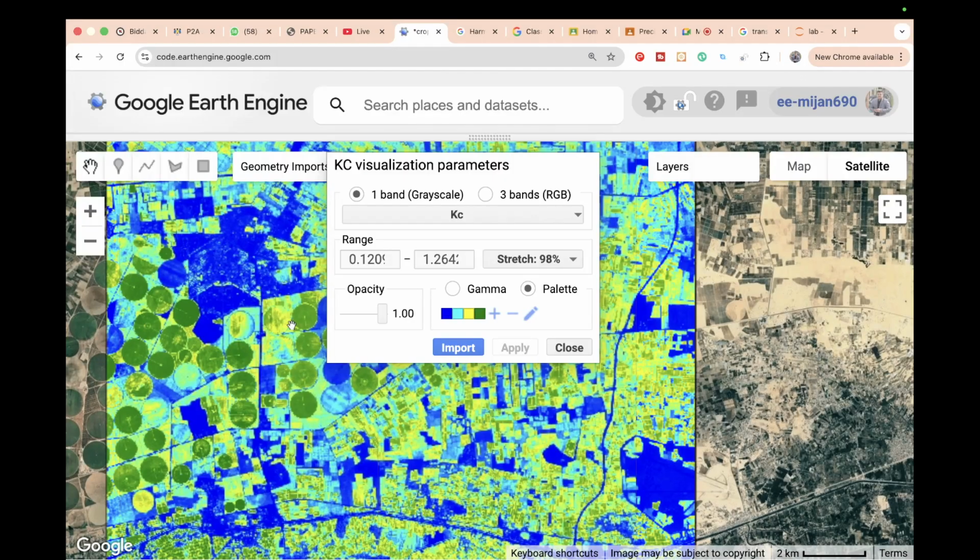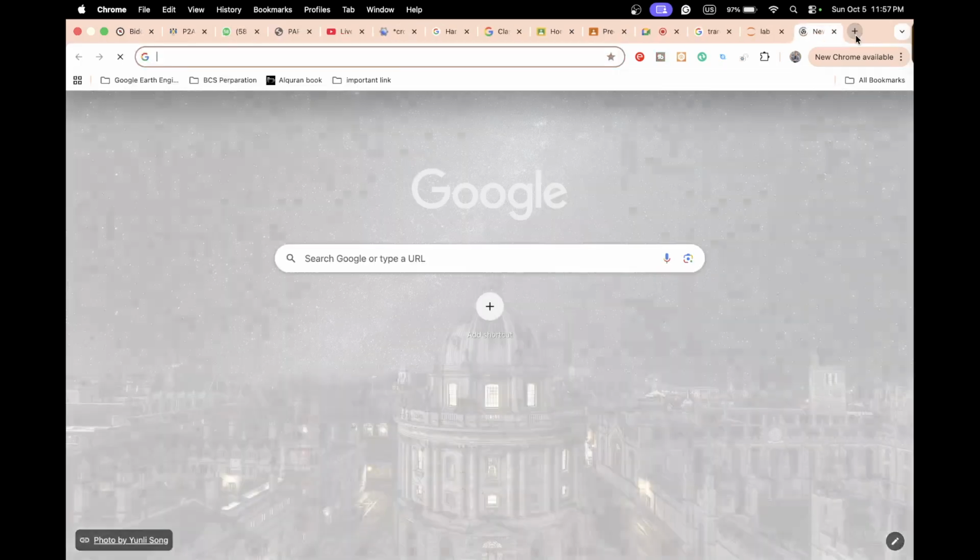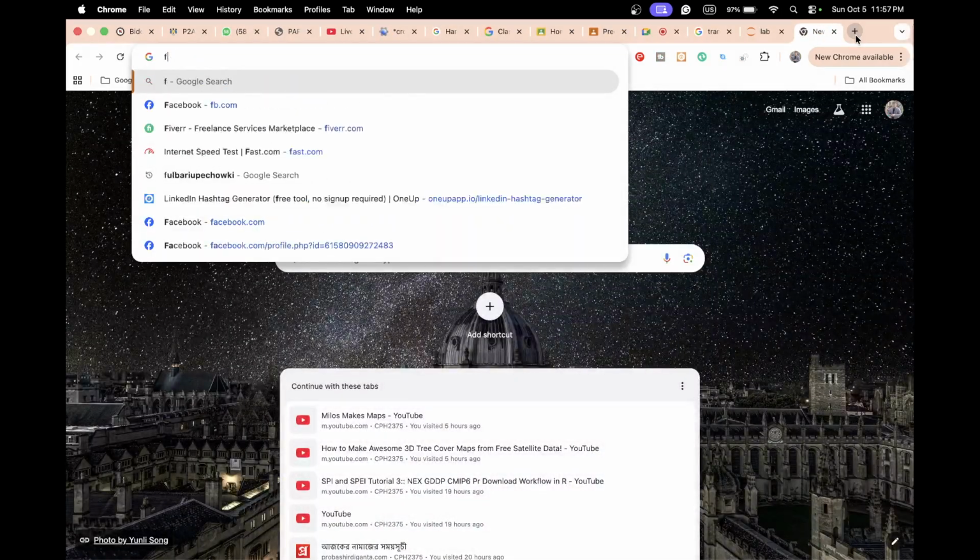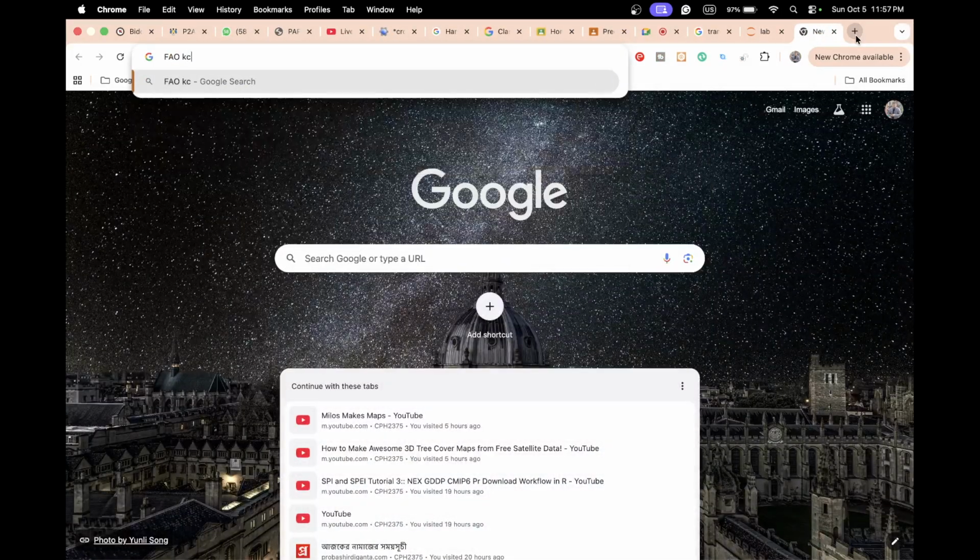Yes. But Kc value, I think the value just varies. There is no fixed range. Maybe the lowest Kc value is -1 and the highest maybe 2 or 3. Kc value,